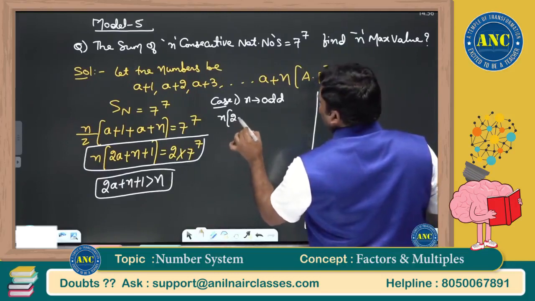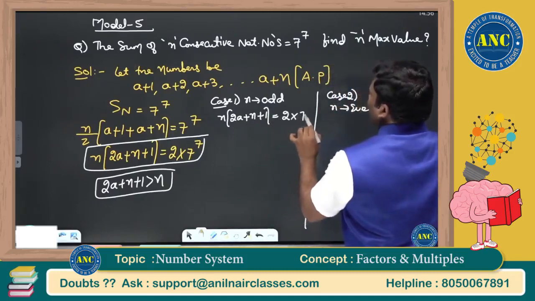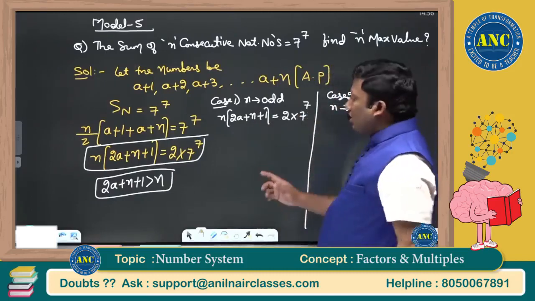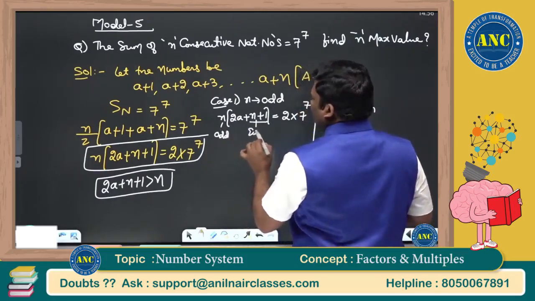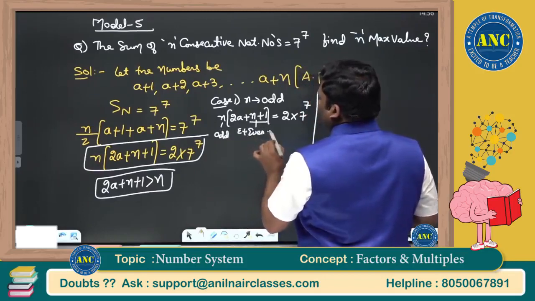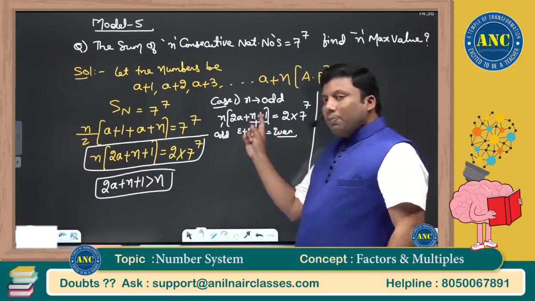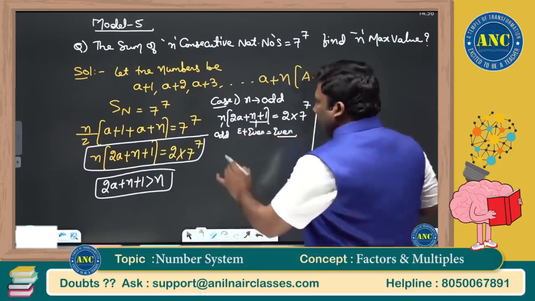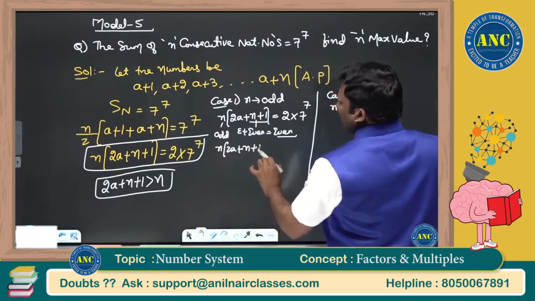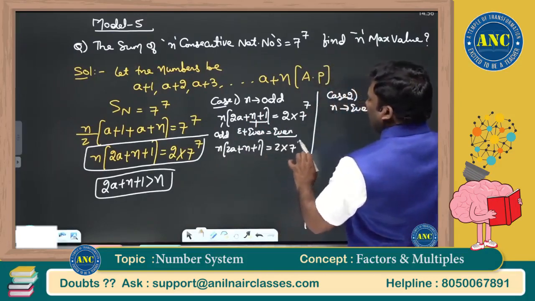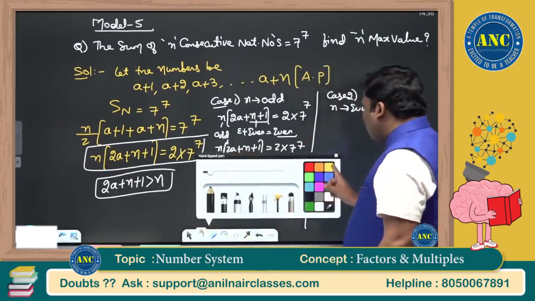n into 2a plus n plus 1 equals 2 into 7 power 7. If n is odd, then odd plus 1 is an even number, and 2a is an even number. Even plus even is even. So if n is odd, 2a plus n plus 1 will be even. So if I write it like this, n into, listen carefully, sir. This question is a little complex, but once you understand, there is an important derivative out of this question. If n is odd, what are the odd values I can give?